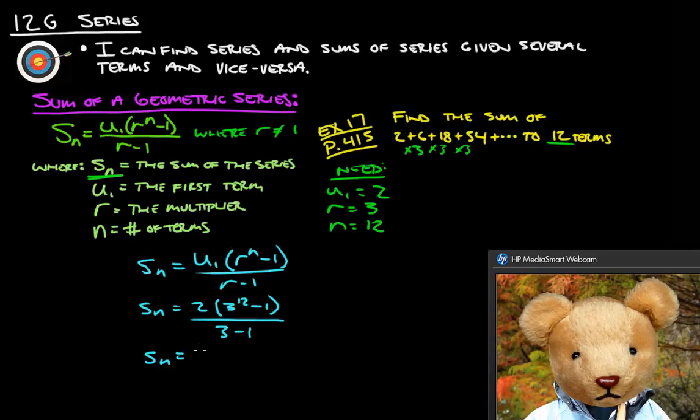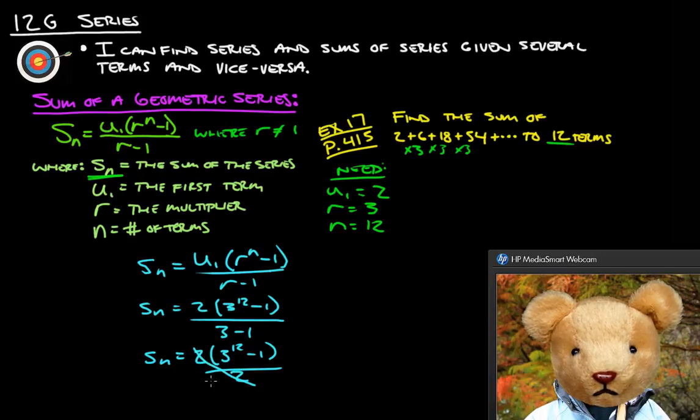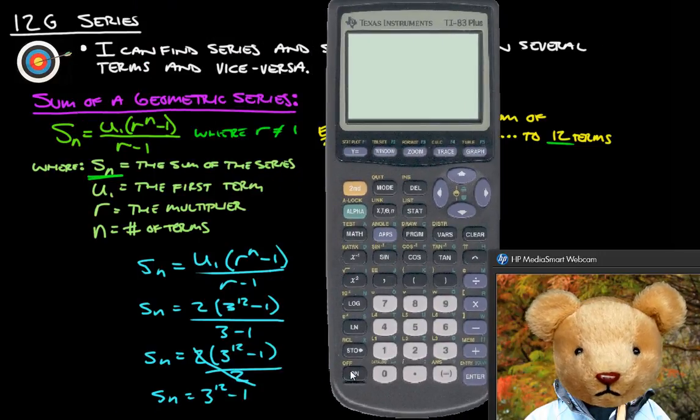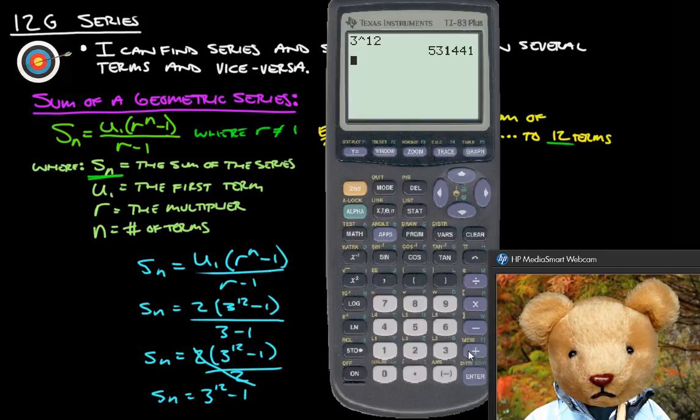All right, so let's simplify this as much as we can. 2 times 3 to the 12th, can't really do a whole bunch with that, right? We got to actually calculate that out. Minus 1 all over 2, right? So this is kind of nice because these 2's will just reduce each other down to 1. So really our S of n is just 3 to the 12th minus 1. I do not know what 3 to the 12th is, so let's figure it out on our calculator. 3 to the 12th power gives us a big number,